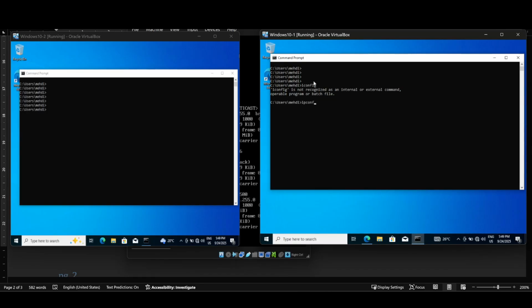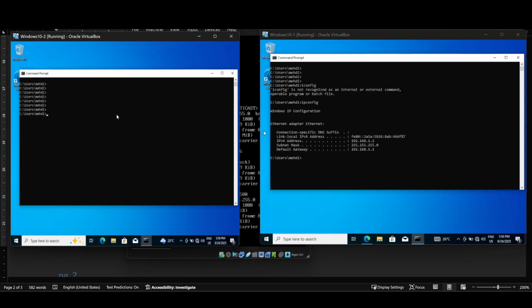IP config. So as you see, the Windows 1 has 192.168.1.2, and for the gateway, I used the interface of the firewall. So this is connected to LAN 1, the green one. And then for the red one, I have